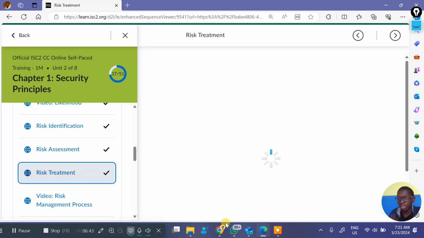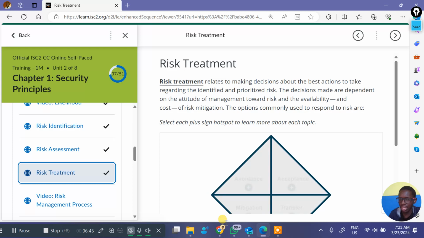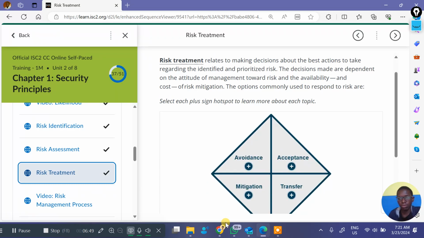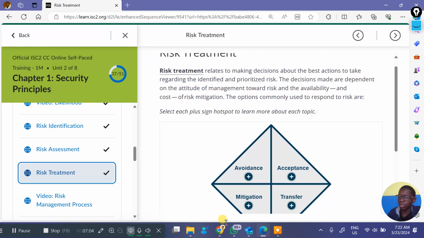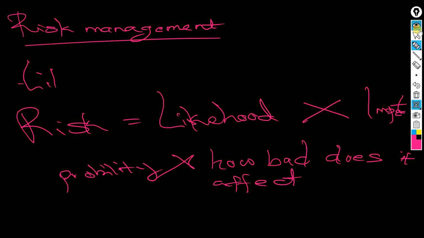Now, the risk treatment is really important for you to understand, because you're going to have a bunch of questions coming from here. Take note, at the end of this, check the description. You should see some questions I'm going to attach from quizzes. You can attempt all the questions you want. All right? So risk treatment is really important. Please listen. Very, very important. How do you treat risk? This is what you do.